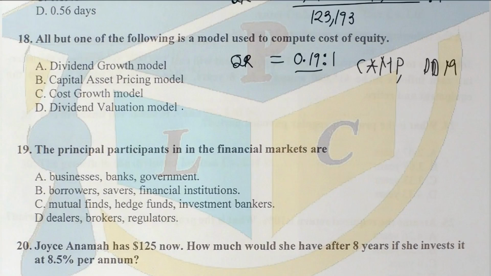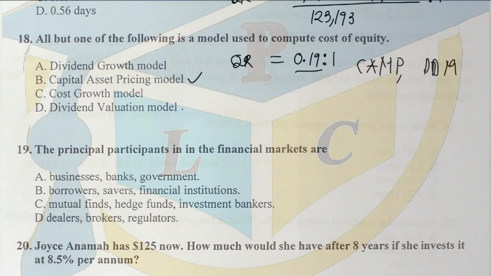And you also have other premium price methods of calculating. You have 3 methods actually. So you have the CAPM here, and we have the dividend discount model, in which we have the dividend valuation model as part of it. Since the dividend valuation model is an integral part of the dividend discount model,